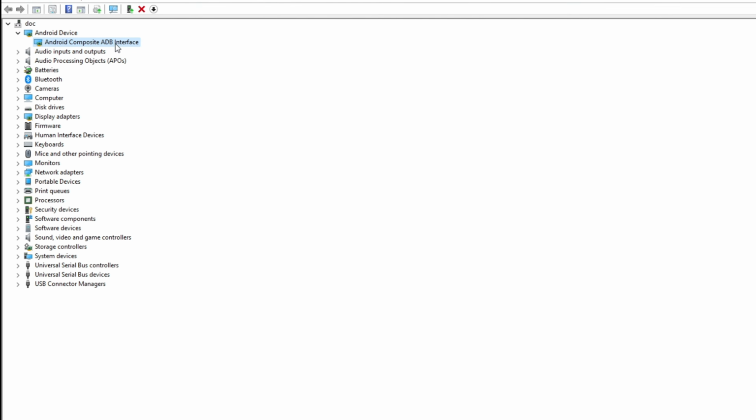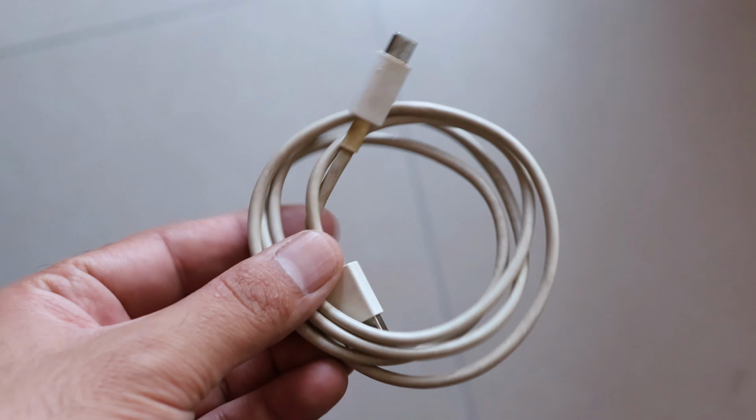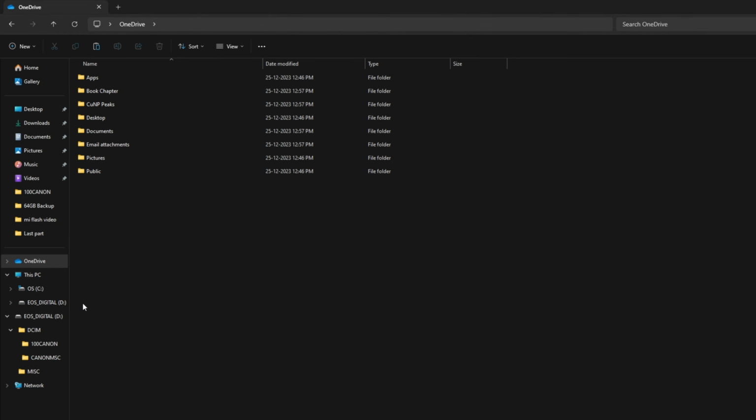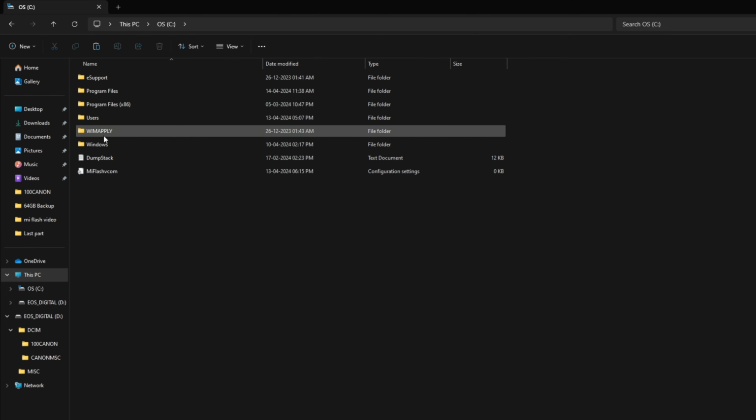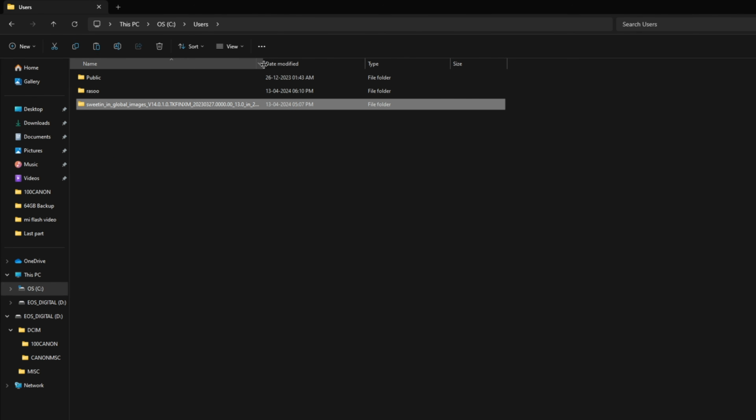Let's talk about some of the common errors that you might face here. I know this is a very simple process, but sometimes things can be unpredictable. So I thought to make you aware of the common errors and the possible fixes. First, the device might not connect properly due to issues like missing drivers, a damaged cable, or using the wrong USB port. Second, errors during flashing could occur if the official ROM folder is placed incorrectly on your PC.